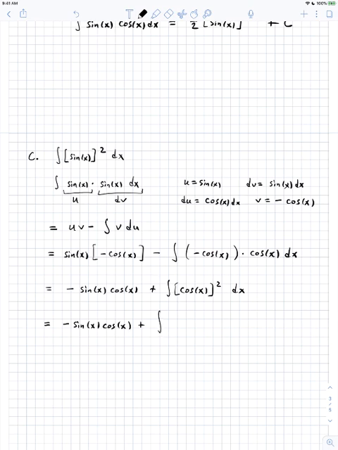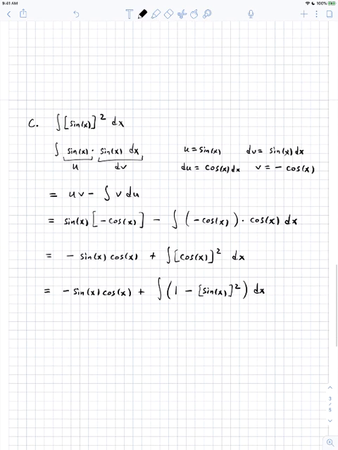Well, what is another way of writing cosine squared? Using the Pythagorean identity, we can write this as 1 minus sine x quantity squared dx. Why does that help us? Let's look at the start. At the very start, we had the integral of sine of x quantity squared dx, and we showed that that was equal to minus sine x cosine x plus, well, this is the integral of